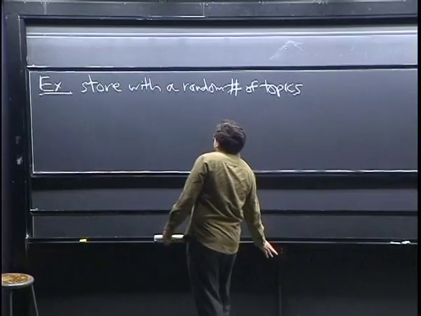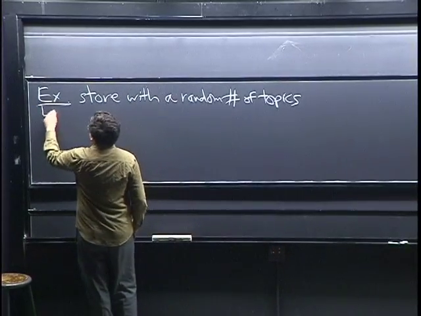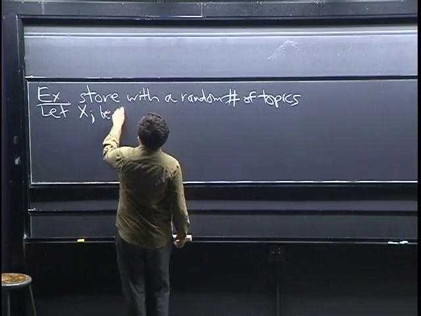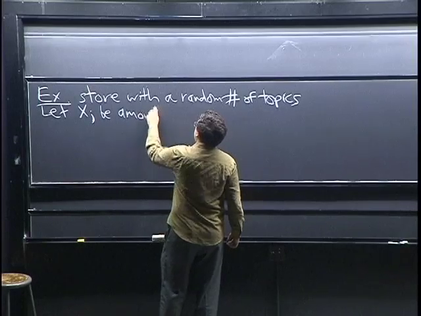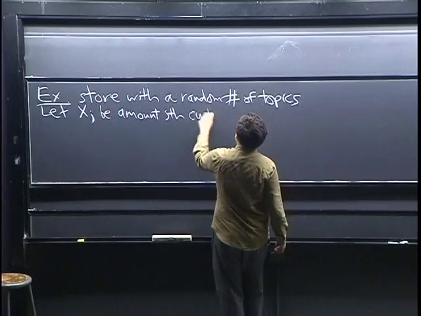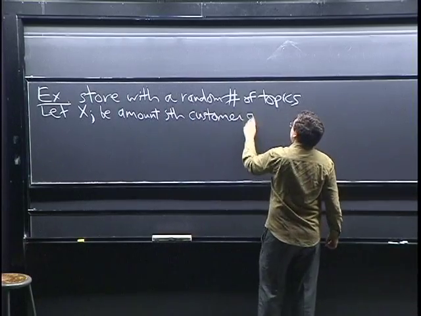So let's let xj be the amount that the jth customer spends. Okay, and then